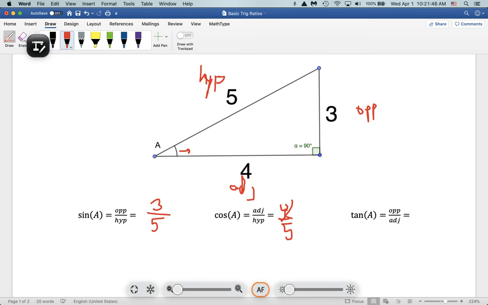That's a weird looking 4. Wow. And then the tangent of angle A is the opposite over the adjacent. The opposite side is 3, the adjacent side is 4, so it'd be 3 over 4. I am not very good at writing with a mouse, so I'm going to do it a little differently here in a minute. But you get the idea that the ratio is these are the trig functions, or the ratios